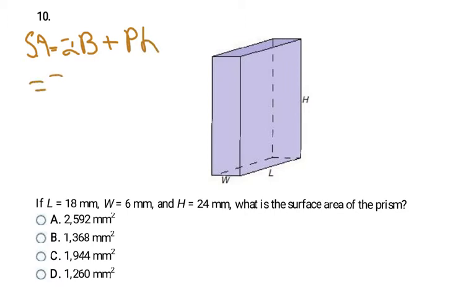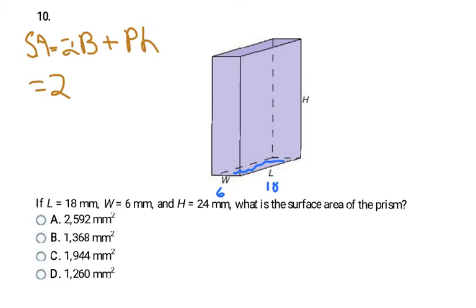So here, this is equal to 2. My base is going to be this rectangle here. So my width I know is 6 and my length is 18. To find the area of that rectangle, I take 6 times 18,